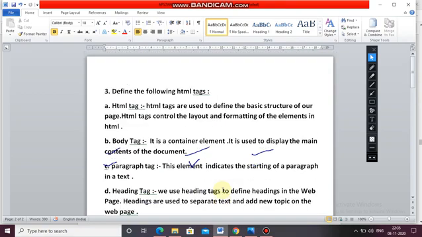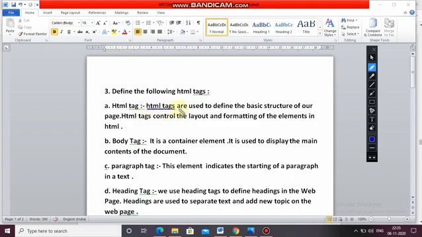Here you can see HTML tag. HTML tags are used to define the basic structure of our page. It defines the basic structure of our page and also controls the layout and formatting of the elements in HTML. Clear?